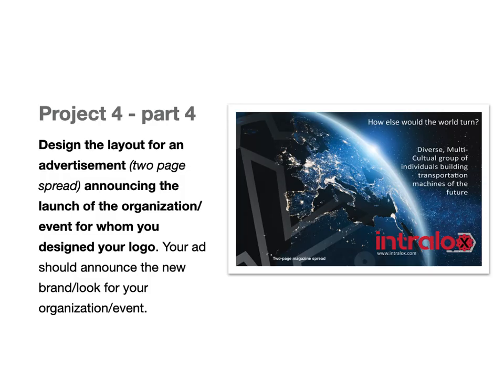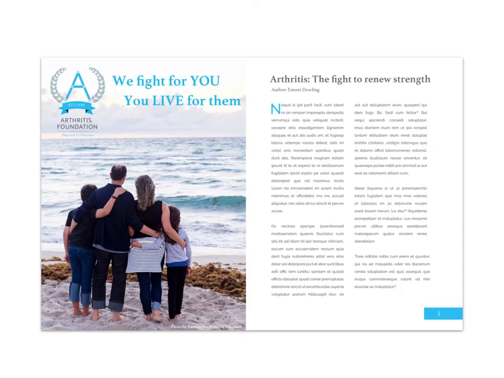All right, and this is going to lead into project 4, part 4, which will be described in great detail in Canvas. And I'm actually not going to go into this right now. I'm going to hold off on this, but that's what this all has been leading to. You can pause this and read through that if you want, but it's also in Canvas. And we end with a 2-page spread because your ad will be a 2-page spread or an 11 by 17. What I mean by 2-page spread is when you have a magazine, you open it up and it's the 2 pages and the ad goes all the way across. That's all.